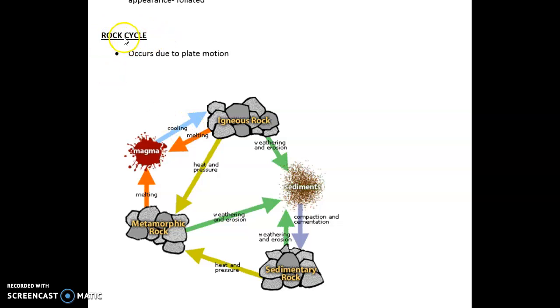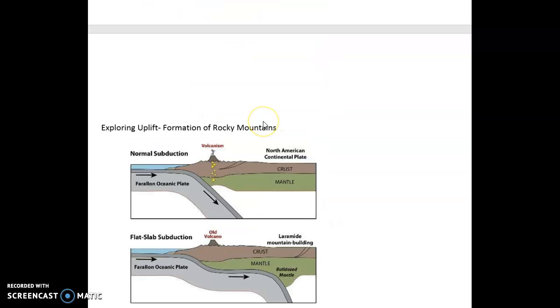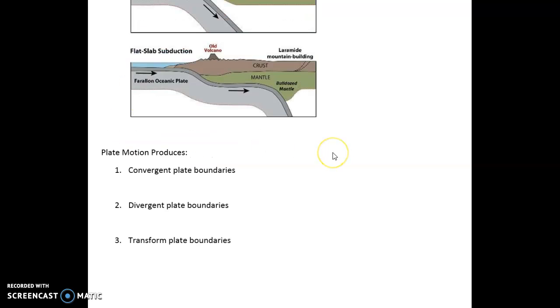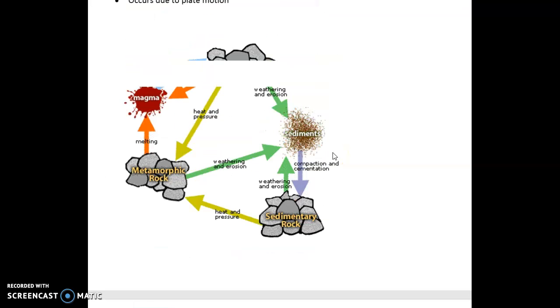So we want to know that the rock cycle is continuously occurring. It's been occurring for millions, if not billions of years. And this happens due to the plates moving. The lithosphere, which is comprised of the plates, is in constant motion at our 3 plate boundaries here. So because of the plate motion, we have the rock cycle. So that means,